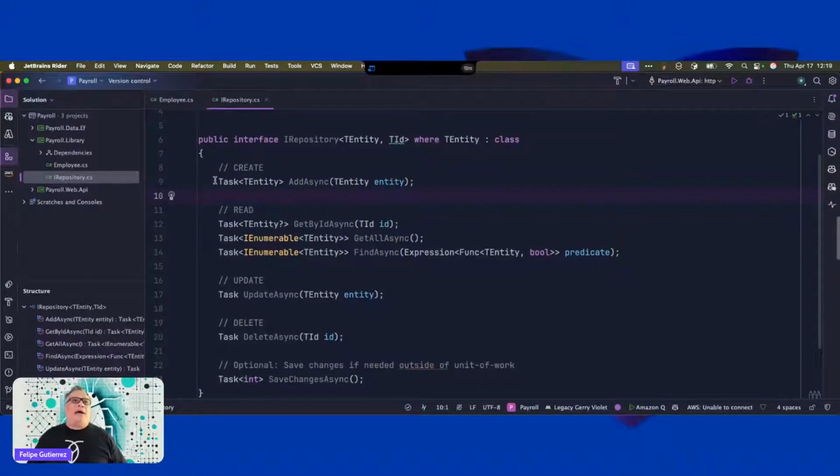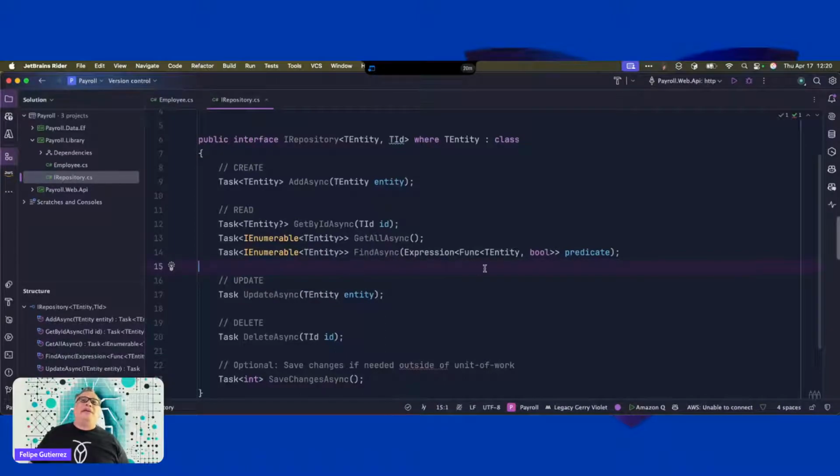Right now, I think what we are moving towards is to start using asynchronous mechanisms to do certain kinds of tasks. So in this case, the task will be an asynchronous way to do, in this case, an entity, right? Or on the read, we can do get by ID async and get all async, meaning get all my employees or whatever class we define,